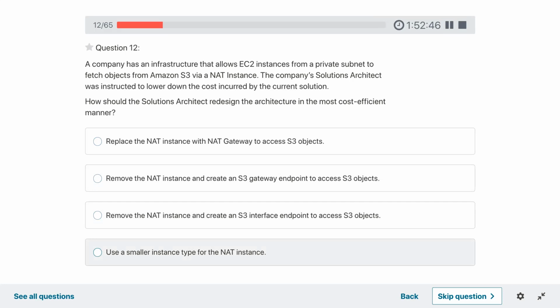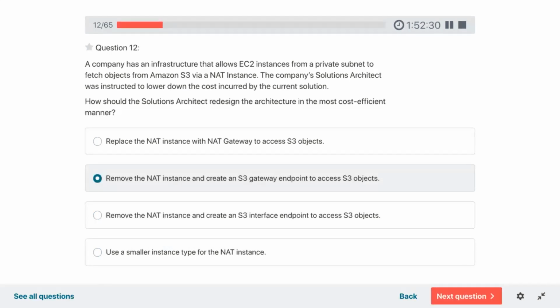So first thing, they should remove the NAT instance and create the S3 gateway or S3 interface, one among these two. So it would be the S3 gateway endpoint to access S3 objects.